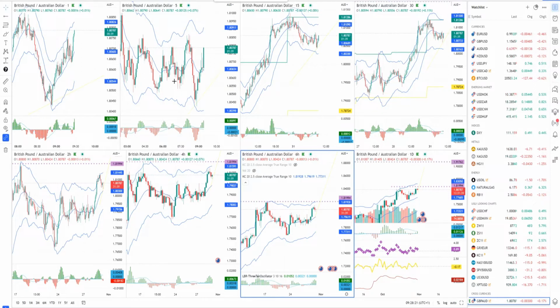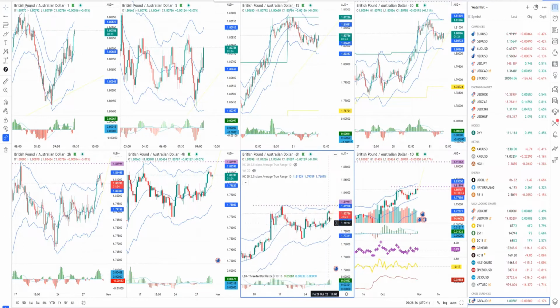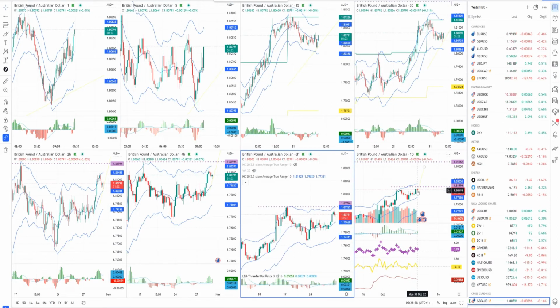Basically, relative to what we spoke in my previous forecast, we got a forecast that the market is breaking to the upside, and there is potential for bigger growth on the British pound versus Australian dollar. So far it's looking pretty good because the market actually traded higher, and Friday was the breakout day, and this is basically the second day of the breakout. And I expect at least for a few days, 3 to 5 days, that we can have